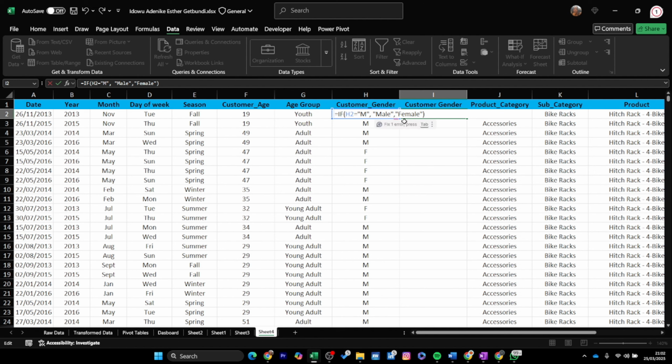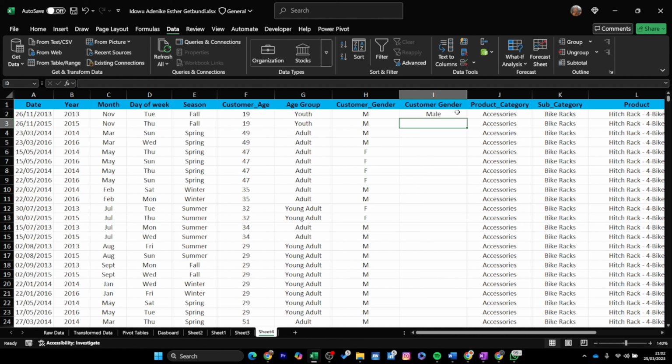So it's still saying... don't mind this. If customer gender H2 is equal to M, then my value if true will be male and my value if false will be female. Let me see if it will come with an error. Okay, so there's no error. Don't mind that, that's my Grammarly coming up. So there's no error. Anywhere Excel sees M, it's going to recognize it as